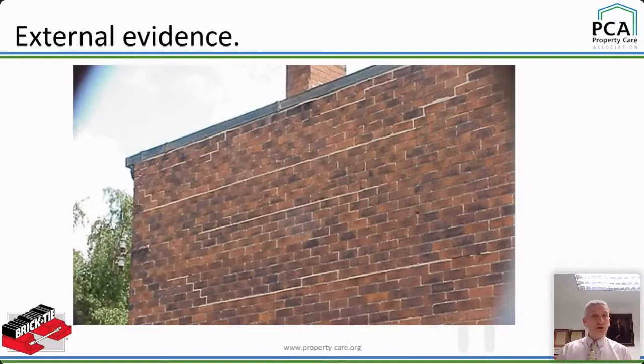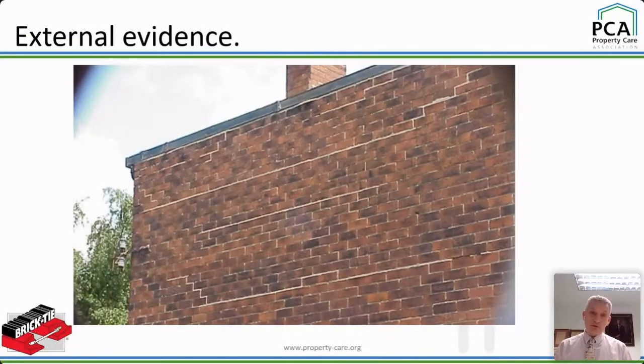It's not always just horizontal cracking, and that's why I use this slide as well, because you can see the horizontal cracks are all happening at the tie positions. Those ties have probably all rusted at a similar rate over the years if they were inadequately protected, but the ones right at the top, where there's a lot less weight, a lot less load, will have caused a hairline crack maybe 30 years ago. And of course that hairline crack has sucked in water under capillary action initially. Driving rain's not to do with it at that stage, it's just pulling moisture in, and so it gets faster, and that's why corrosion is usually worse at the top of the wall, because the exposure of the ties has been increased by the cracking.